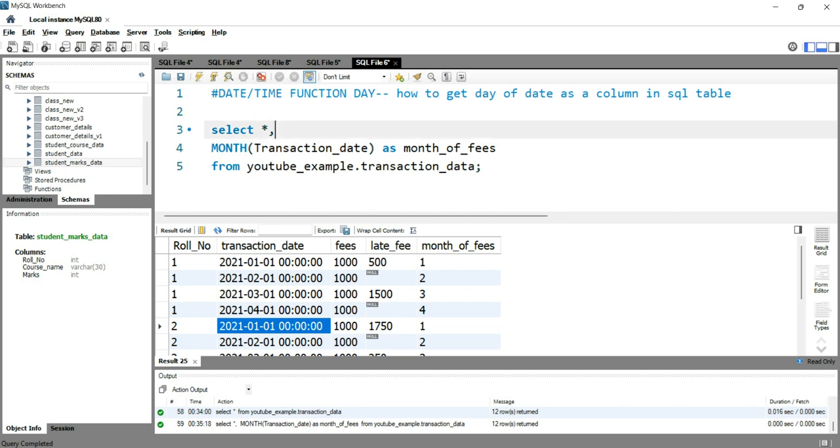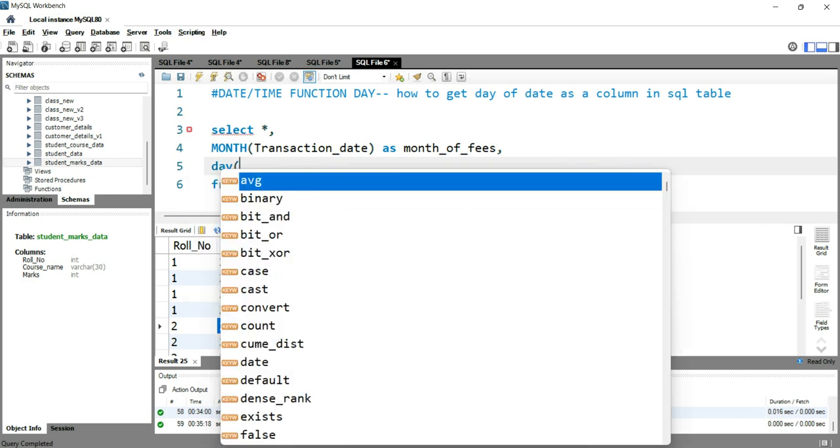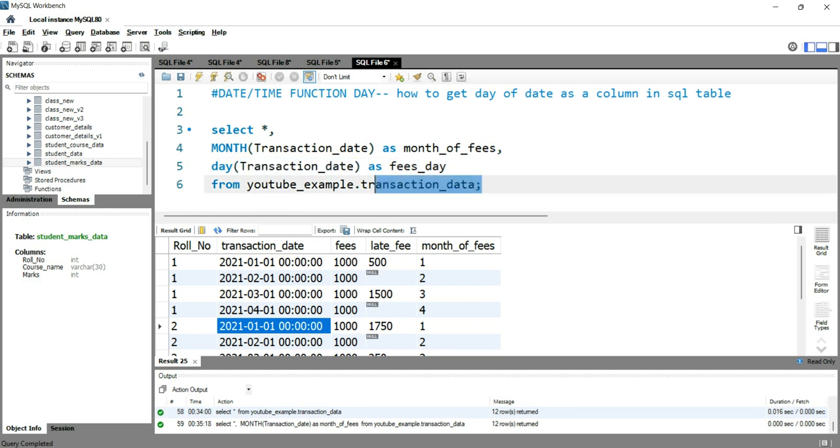In our previous video we used the month function to get the month of the transaction column, and now we'll simply add this day function in our query. So what I can do is simply write day and then put the column transaction date as fee day. Now this day function will return you the value between 1 to 31 of the given column. So let's run this query,